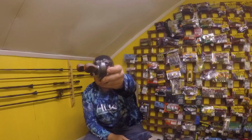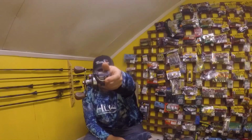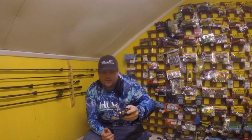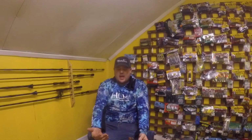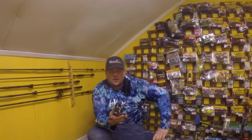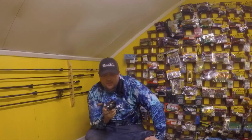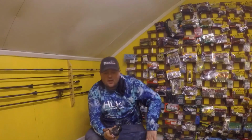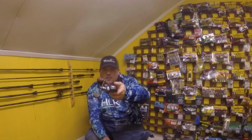This is a Pflueger President XT paired with 15-pound fluorocarbon. It is a 7.3 to 1 gear ratio reel, so I could take the fluorocarbon off and have another topwater rod, but I like it as a fluorocarbon. I just wanted to try this reel. I've heard very good things about it. It's okay, you know, it's a fine reel. I may use this as a primary